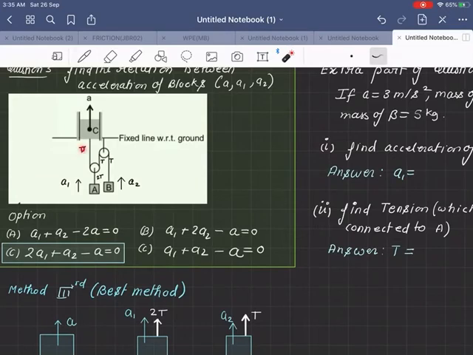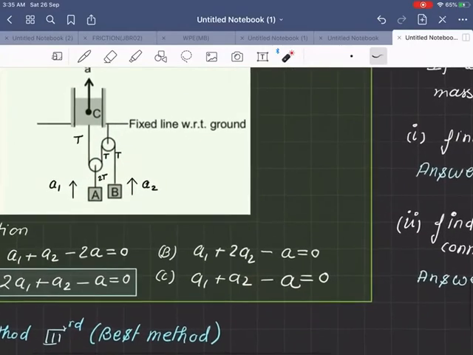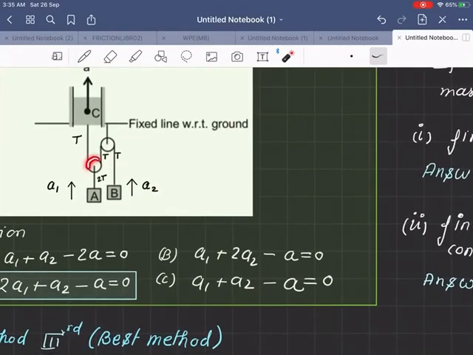Now here we got tension, meaning do all the blocks have the same tension? Not exactly, because here we have assumed tension T for this string. So what will be the tension in this string which is attached to A, you might ask? Well, it's this. We have a pulley which is massless and it is having 2T upward, and let's say it has F force. We do not know F force, but we are going to figure it out.